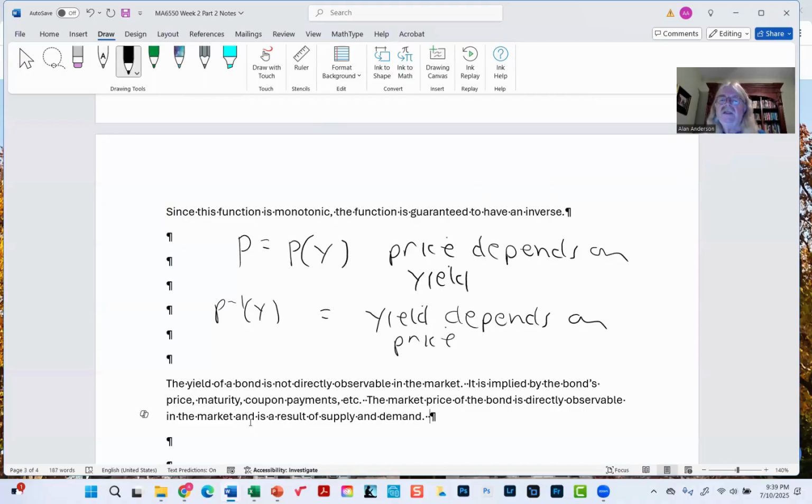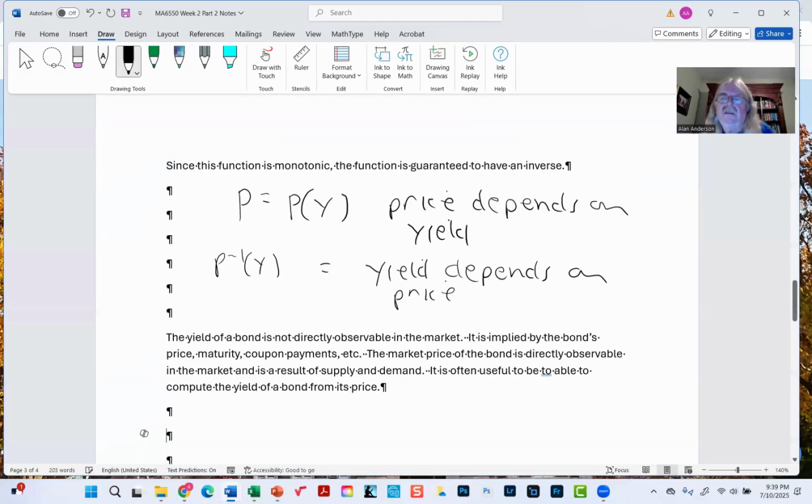So therefore, it is often useful to be able to compute the yield of a bond from its price. Now, unfortunately, unlike the price, taking the price from yield is easy. It's just a question of calculating present values. The price of a bond can be easily calculated